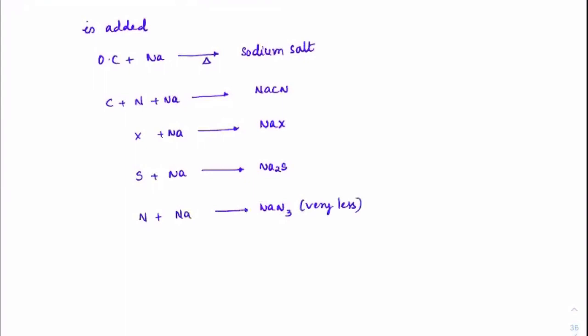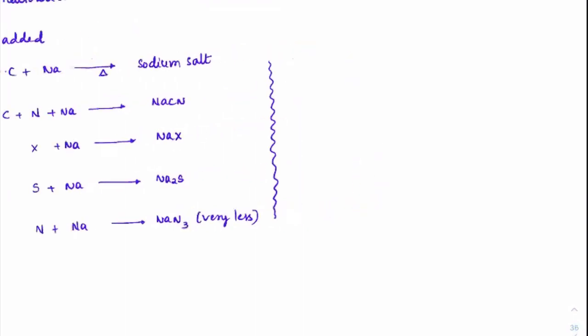Most of this compound would be forming cyanides or nitriles. Other than this, if sulfur is also present along with nitrogen in the sodium extract, we might get NaCN plus Na2S also, and some amount of NaCNS. But the important part is NaCNS on heating will always give NaCN and Na2S. So the final products which you will have are NaCN and Na2S.